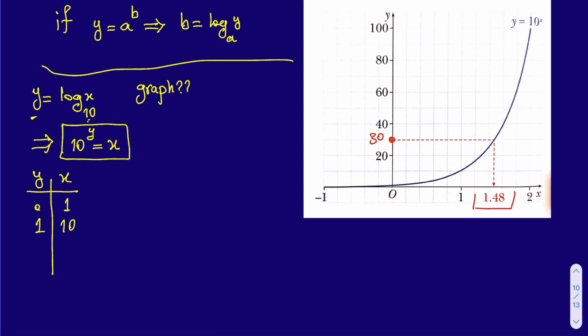If y is, let's say, negative 1, then x will be equal to 0.1. So this is the way we can find the ordered pairs on the coordinate axis. And the next step is we can easily